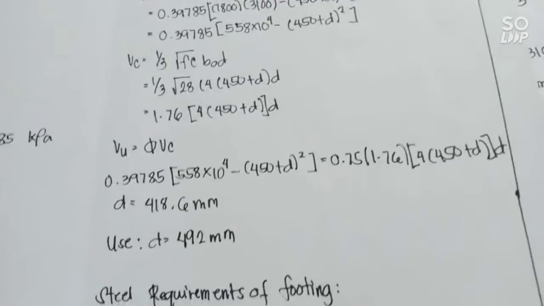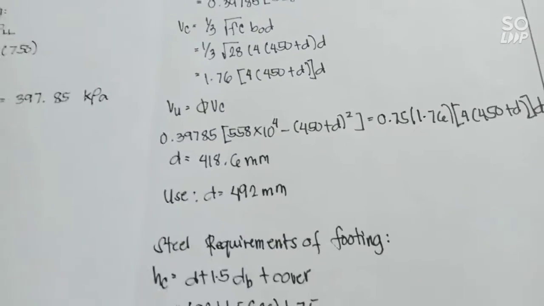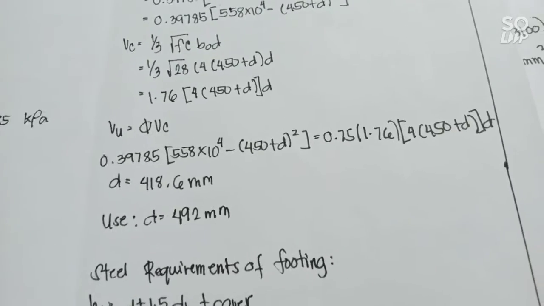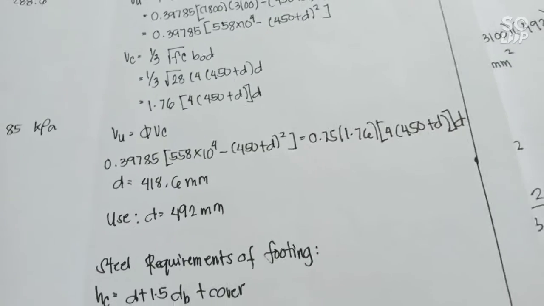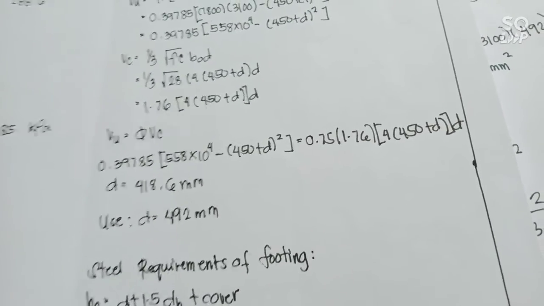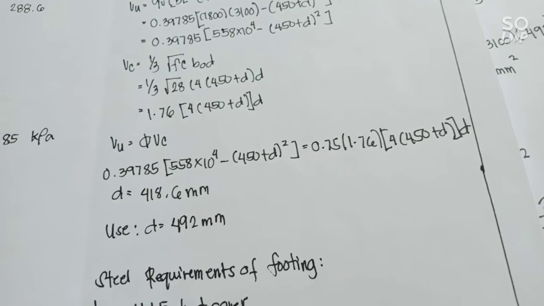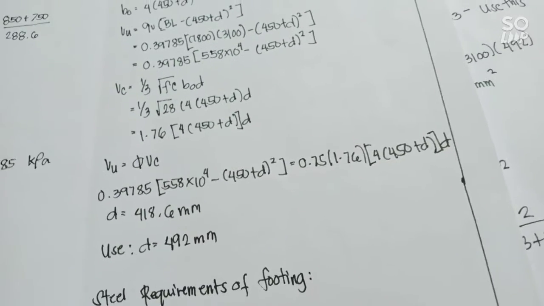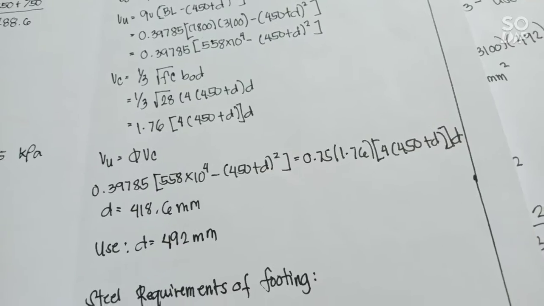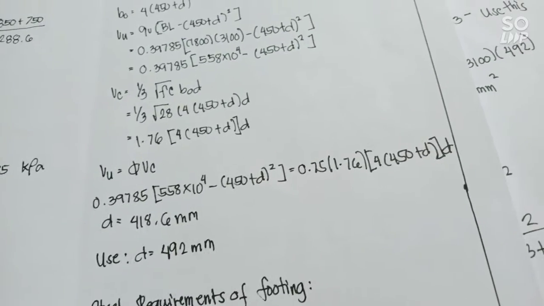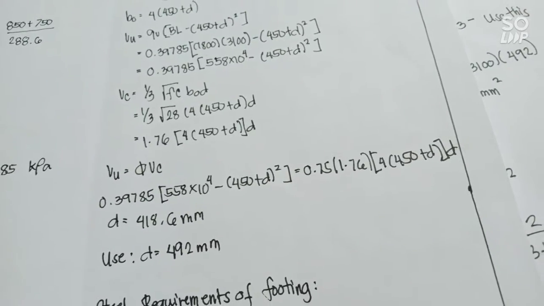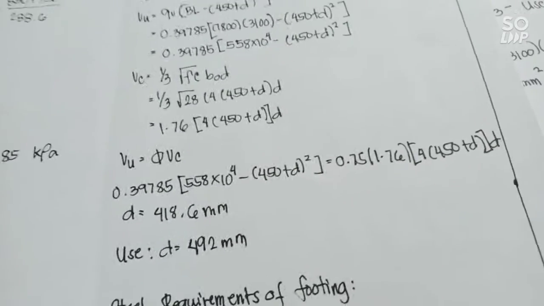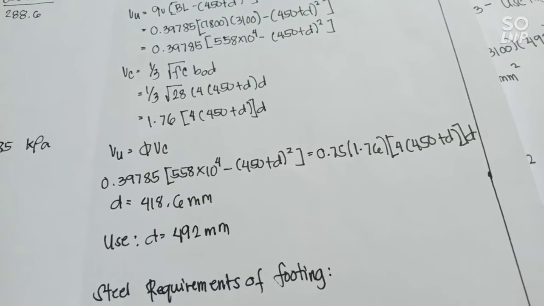So to find the d, we need to equate the two equations. The VU is equal to the correction factor times VC. So substitute 0.39785 times 558 times 10 raised to the power of 4 minus 450 plus d squared is equal to the correction factor of 0.75 times the shear strength VC, 1.76 times 4 times 450 plus d times d. So our d is equal to 418.6 millimeters,